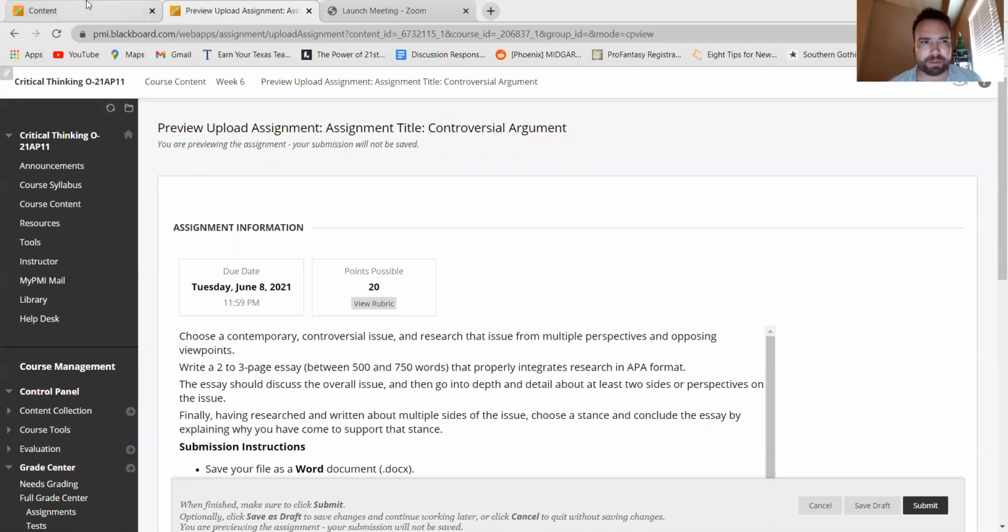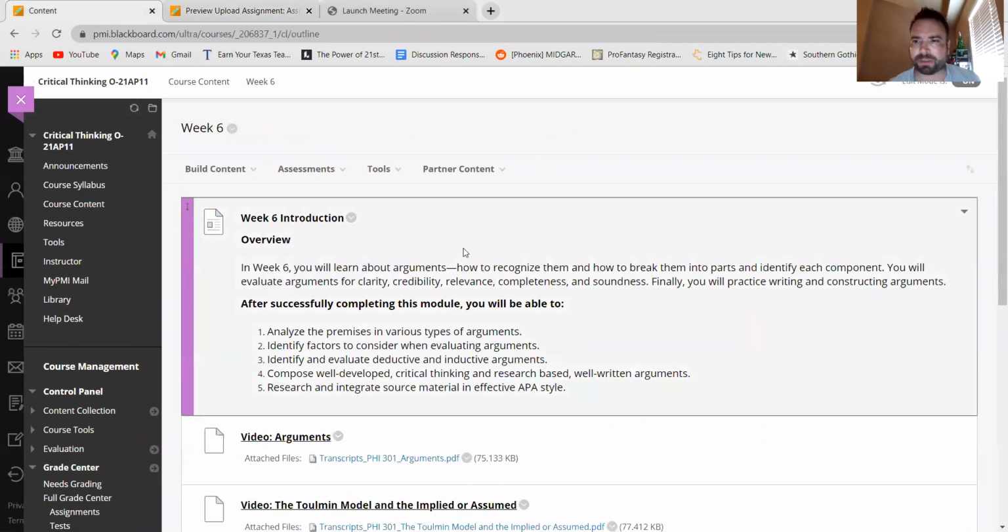I wanted to make sure that I talked a little bit about the expectations for this assignment, plus not just this assignment really, but just some basic writing things moving forward as we close out the course. So let me share the screen real quick and we will get started. Okay, so I want to look first at just what's going on in week